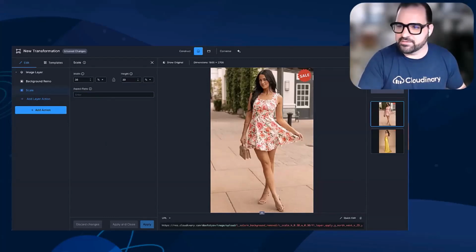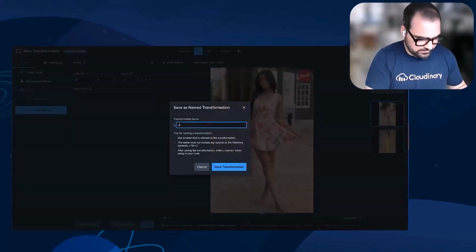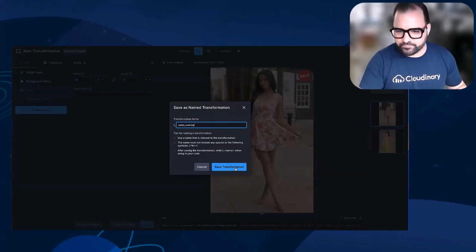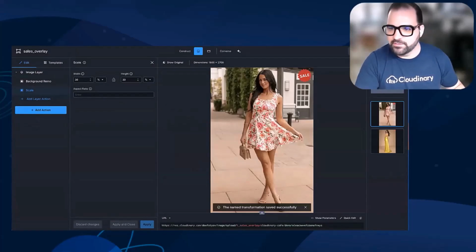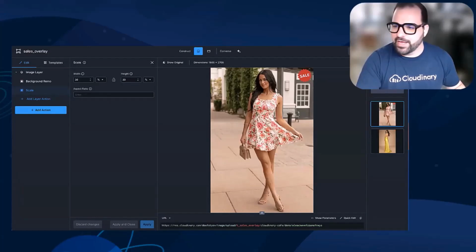So we'll save this as sales overlay. I like to separate them out, the conditional and the ones that I'm going to be using, just because it's easier to change in the future. So now that we have our sale overlay, which just overlays that sale,